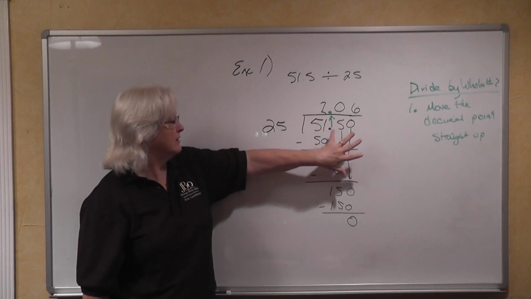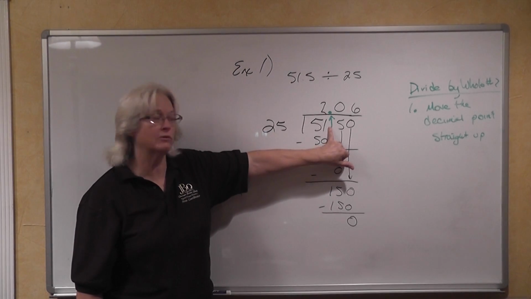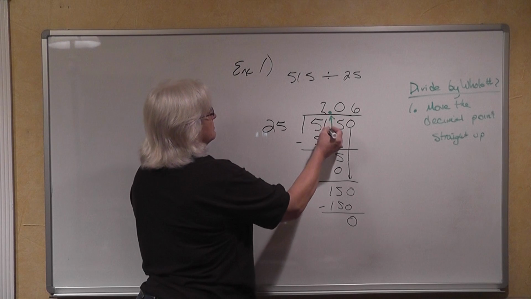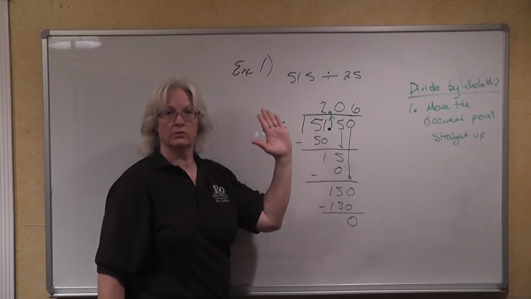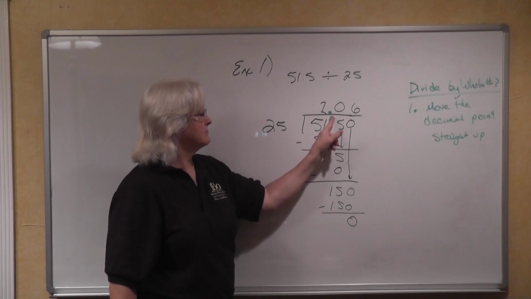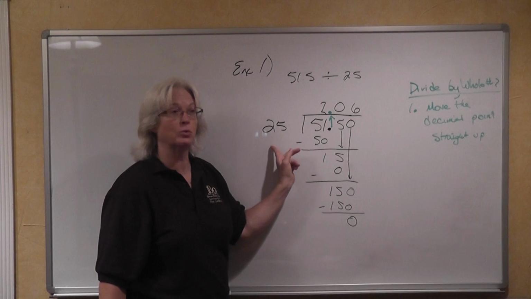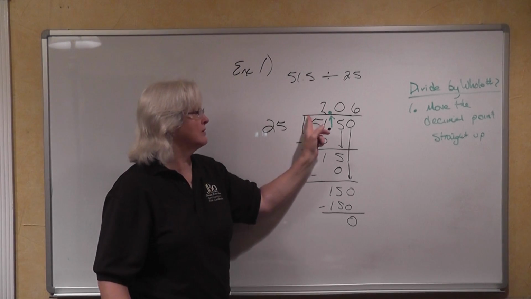We've done this work just as though we were saying 5,150 divided by 25. But we located that decimal point directly above it to say that 51.5 divided by 25 gives us a quotient or a solution of 2